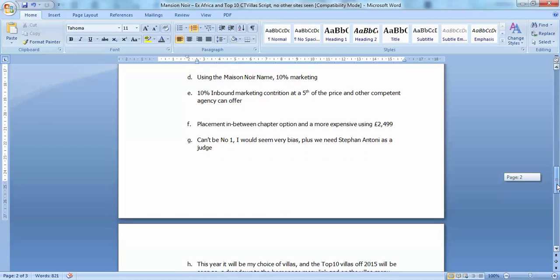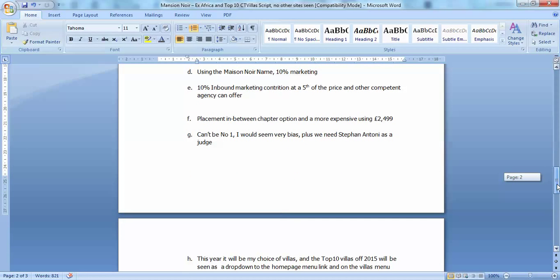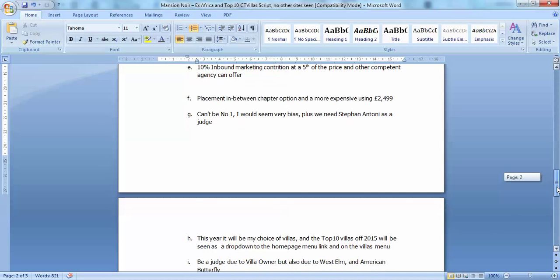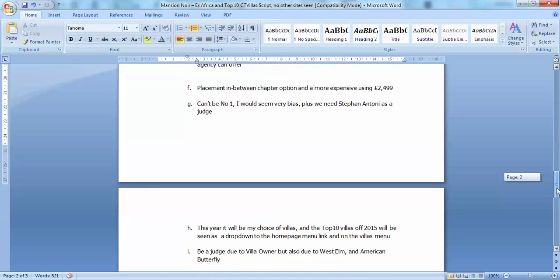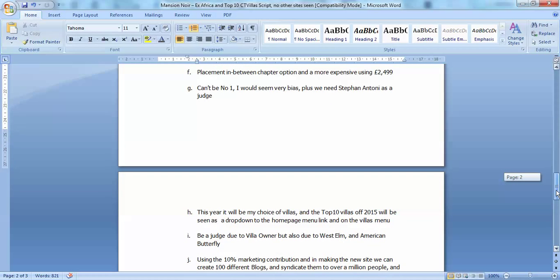I can't be number one because it will seem biased. And really, Stephen Anthony's got to be, one of his has got to be number one because he's such a good architect. He was a fan of mine. I'm sure he still is. I hope I'm going to be approaching him as soon